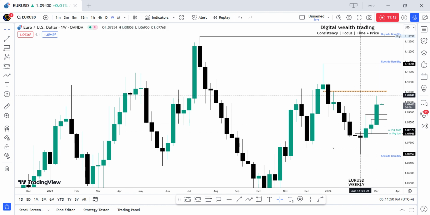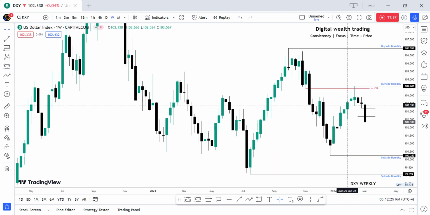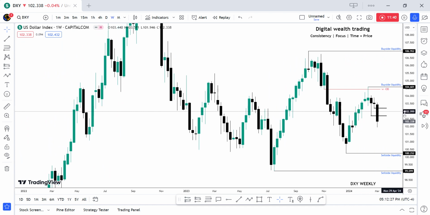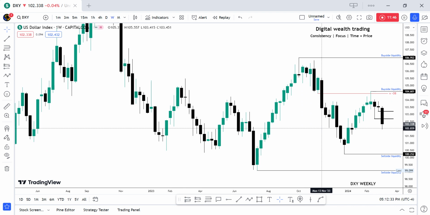All right. So since we are looking at this specified range on the weekly, now we want to see a retracement before going higher, and that is one of the major things I wanted to explain to you guys on this particular market review. So we're going to go for the DXY, which is the US dollar index weekly contract. Sorry, this is the DXY, and this is the weekly market review.